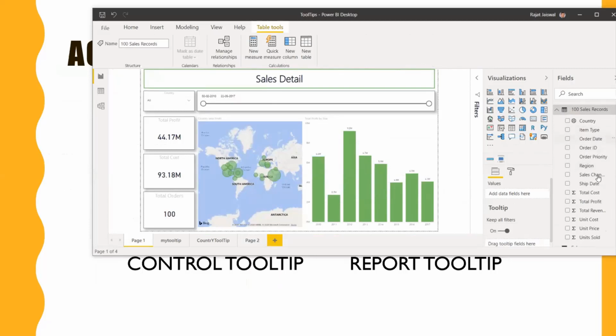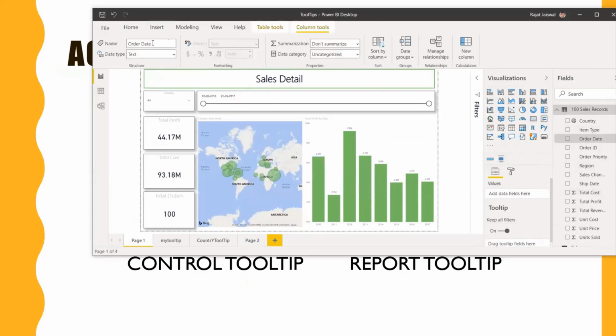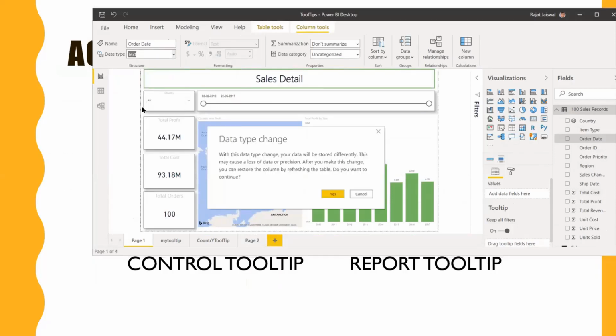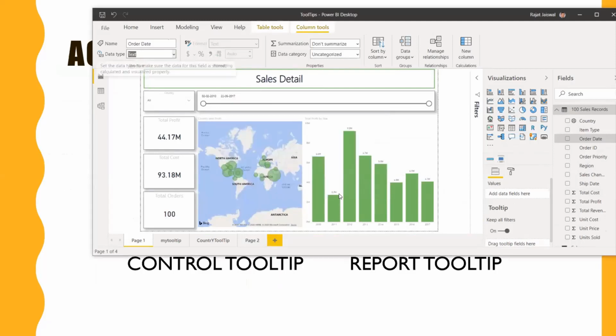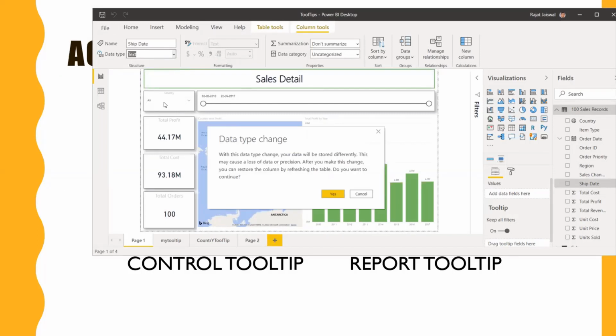So similarly, if you want to do this, click over here, change the data type. As you know, it's a date format. So you just do it by clicking this, and a date symbol should be over there. Similarly, the ship date should also be dates. So let's do it right away.